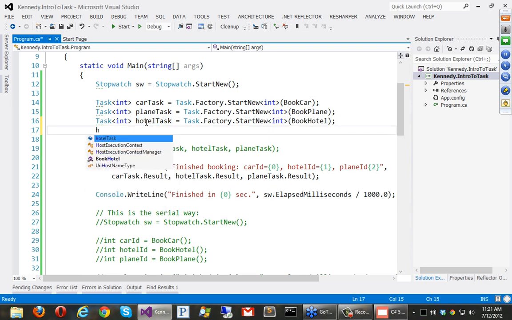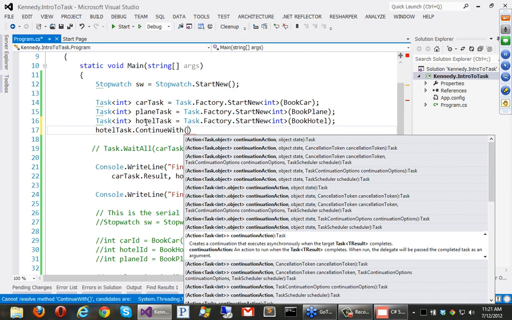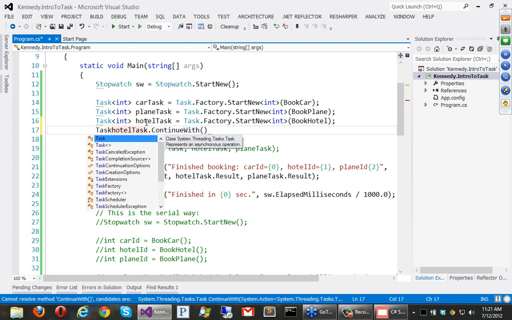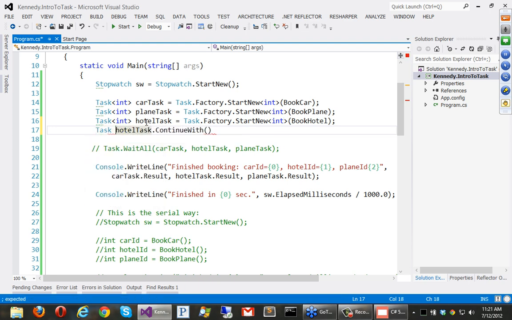So if we wanted to do that, we could say hotelTask.ContinueWith, and we can chain additional tasks into it. And you'll see that the C# 5 compiler does all sorts of magic with this concept of continuing with additional pieces of work. Okay, so let's say Task, this can be just a void task here. We'll say hotelFollowUpTask equals ContinueWith. And what we do is we give it a delegate of some sort.